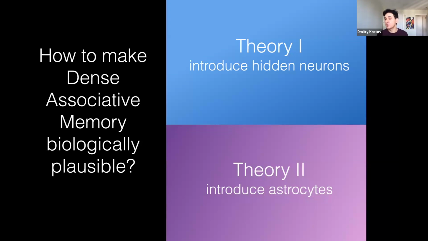In theory 2, which I'm super excited about and will tell you about in a moment, it requires the introduction of non-neuronal cells. And particularly when we talk about brain anatomy, I think there is a very nice and appealing class of cells called astrocytes, which are glia cells, non-neuronal, but they have a lot of the right properties that make them quite natural candidates for biological implementations of these many-body couplings. So let me start with theory 1.